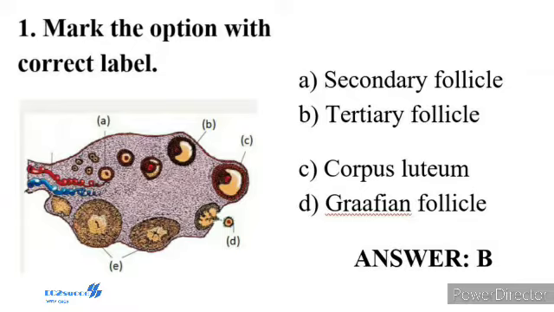The tertiary follicle further changes into mature follicle or Graafian follicle. The secondary oocyte forms a new membrane called zona pellucida surrounding it. The Graafian follicle now ruptures to release the secondary oocyte, that is ovum, from the ovary by the process of ovulation. So the correct answer option B is tertiary follicle. Diagram A is primary follicle, B is tertiary follicle showing antrum, C is Graafian follicle, D is ovum and E is corpus luteum.